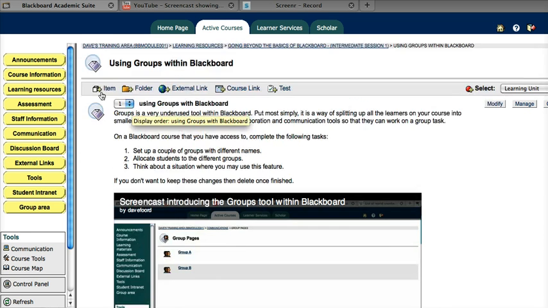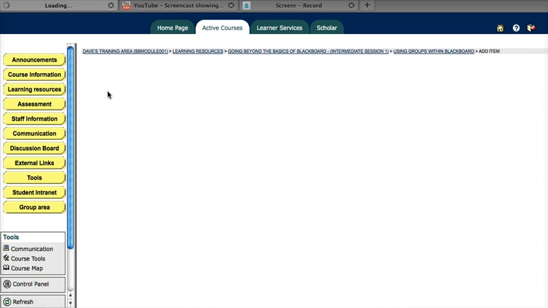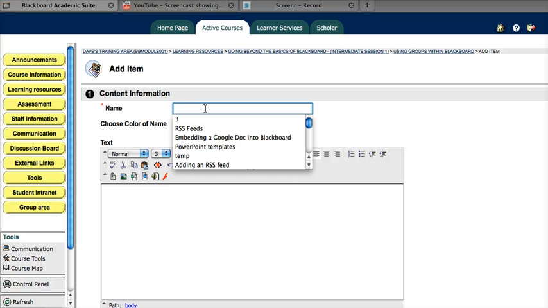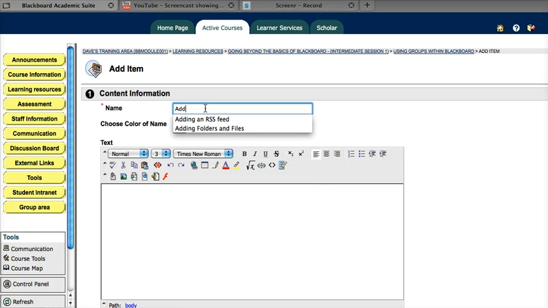First thing we need to do is, in our Blackboard area, we're going to create an item. Okay, so here I'm going to add a video from YouTube. We then put in the main body our text. Now, I'm not a big fan of just having videos on their own. I like to give the students some sort of instruction, like a question, like watch the video and then answer these questions. So you can put your text in as normal. So I just put in,